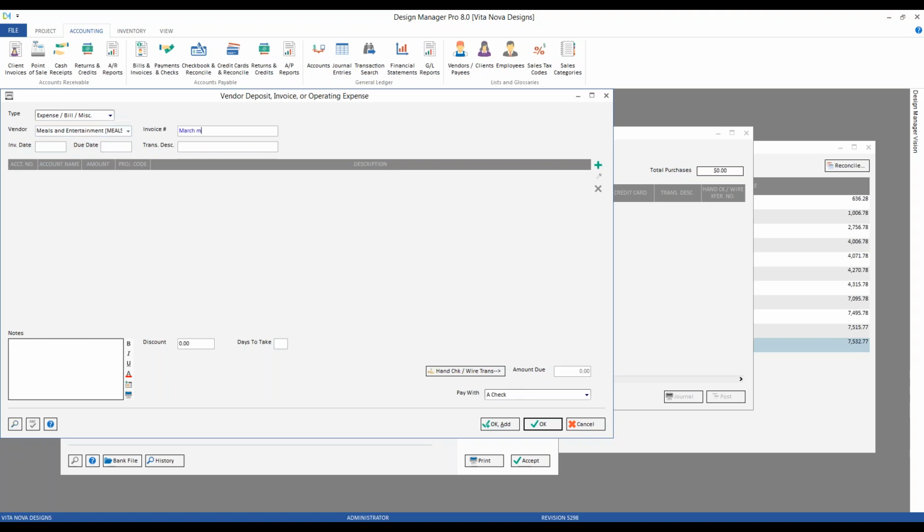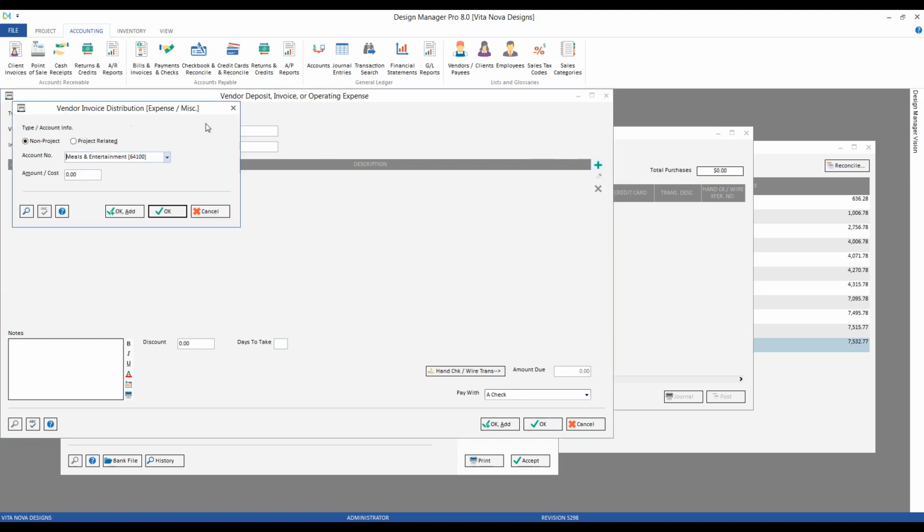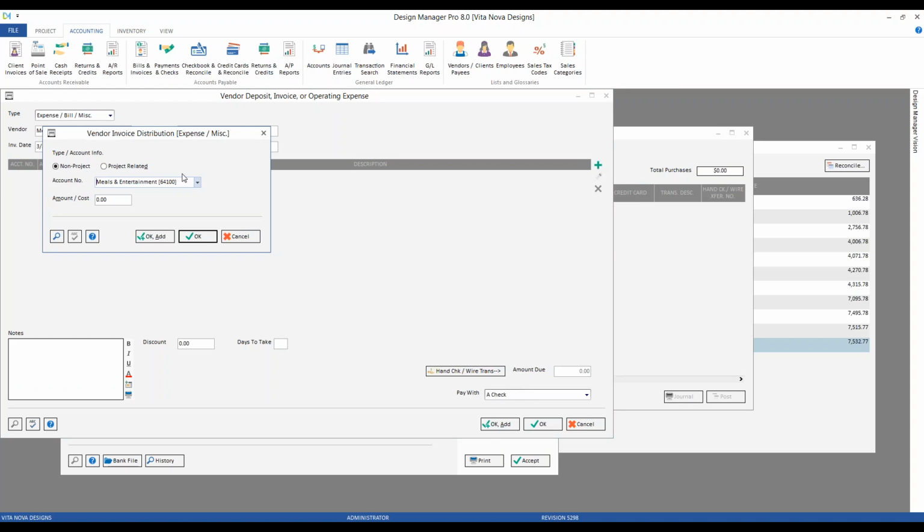Invoice, how about March meals, 2 entries. The invoice date, just put that at the end of the month. We don't have to separate each one. I'll use the same as the transaction description. And I click my add button as indicated by the green plus sign to get to my vendor distribution, and